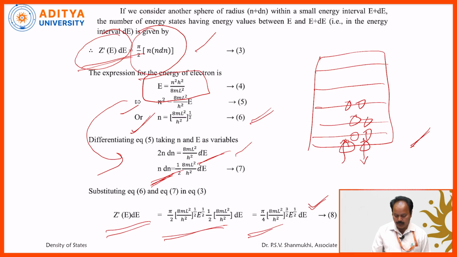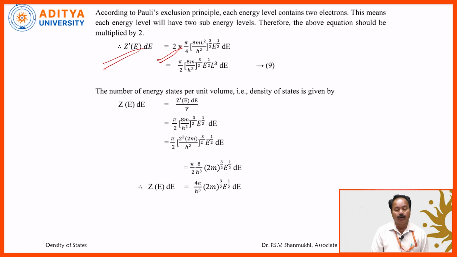The number of available energy levels is given by pi by 2 into n square dn. On simplification, we got equation number 8. Now, how many available states are there? That is multiplied by 2 now, 2 into the previous expression. On simplification, we got this